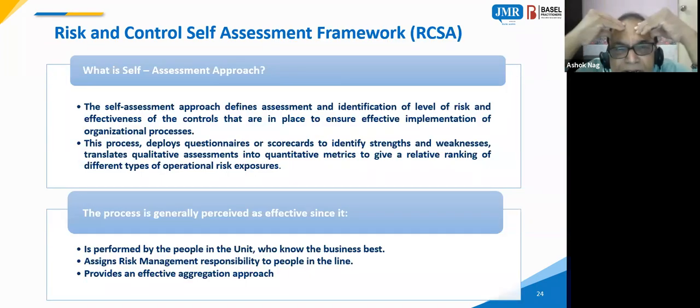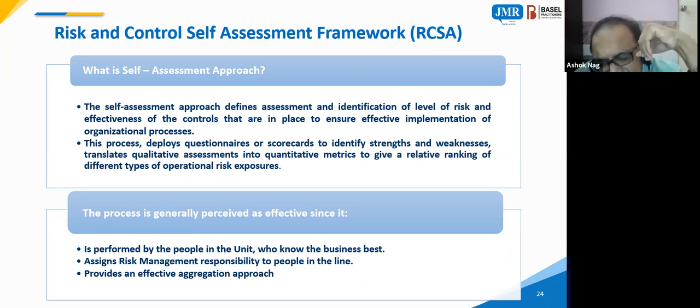The next part is what we call the risk and control self-assessment framework. What is a self-assessment approach? Self-assessment basically means there is a control owner, and this control owner assesses himself on the health or the sanity of the control as it exists today. How does one identify risk and control? That is a different issue that will come later on; there is a big process. But suppose we have identified, for example, that I have many ATMs which are connected to the branch.